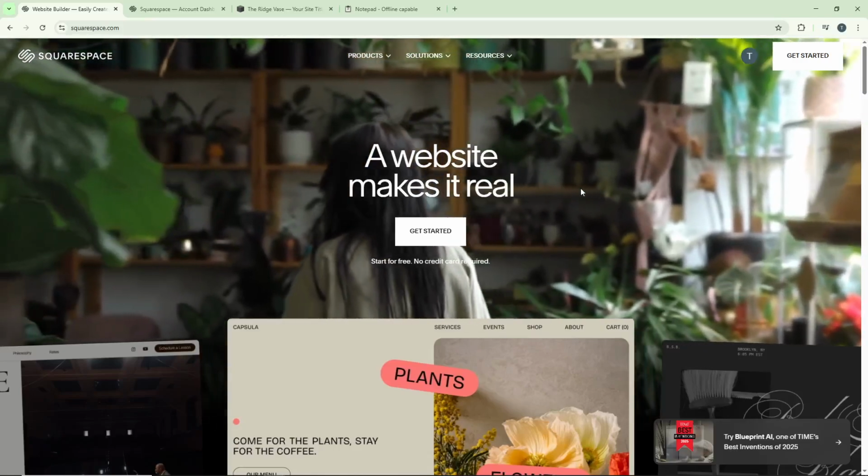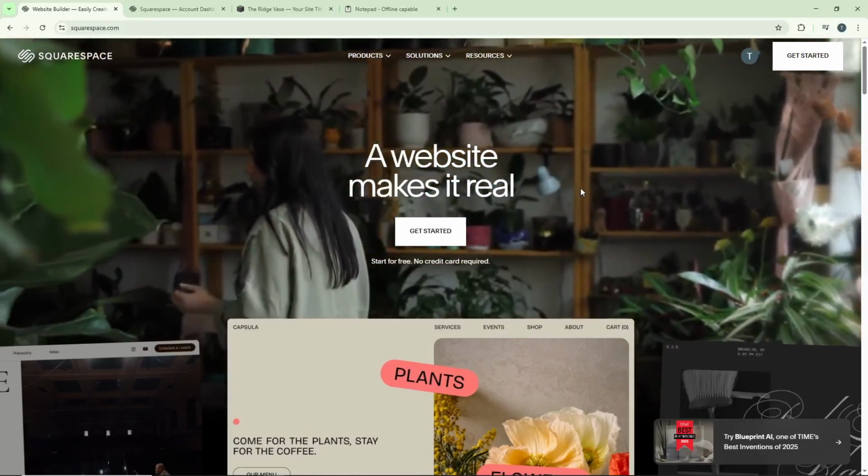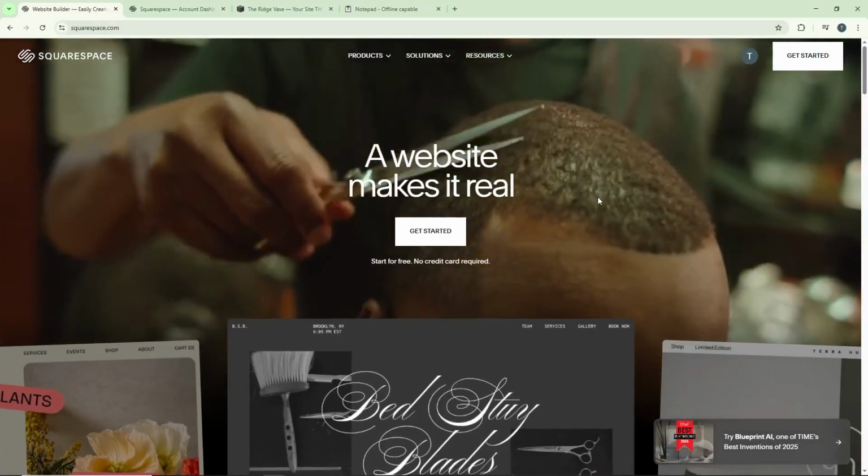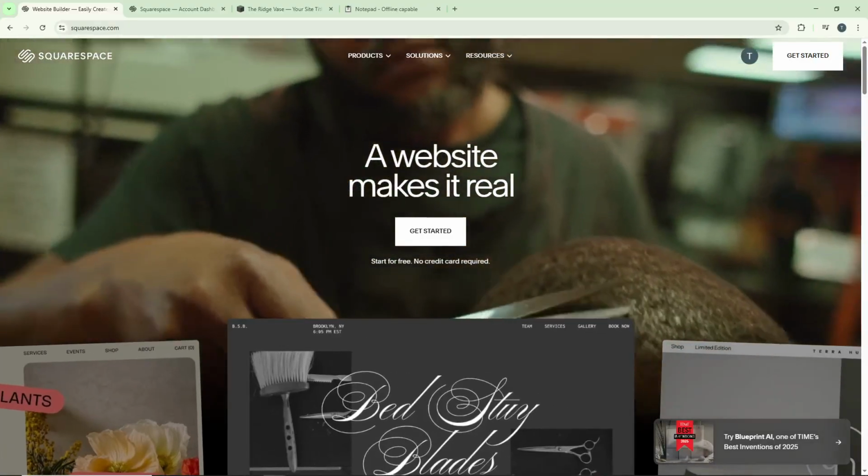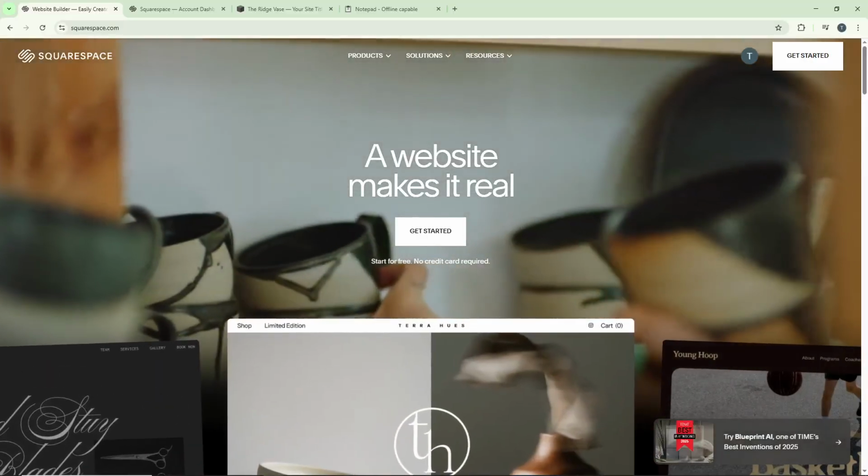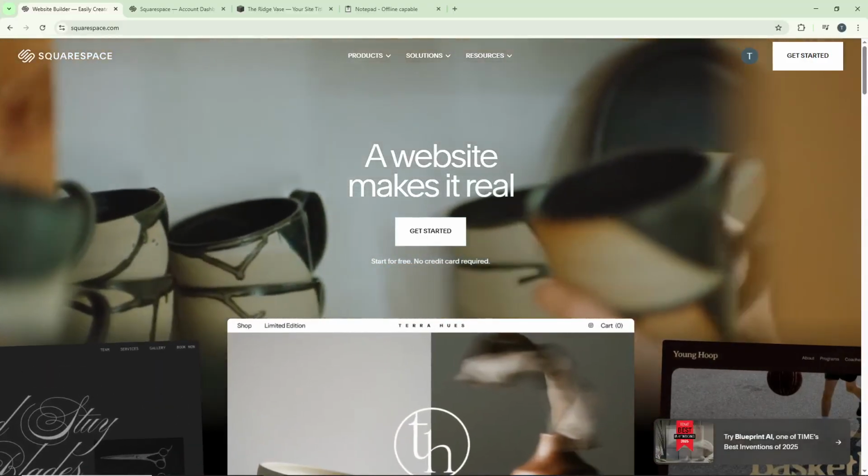Welcome back, everybody. Today I'm going to teach you how to add Accordion Dropdown to Squarespace product pages. This is a fantastic way to organize product information more efficiently, making your pages cleaner and more user-friendly for customers